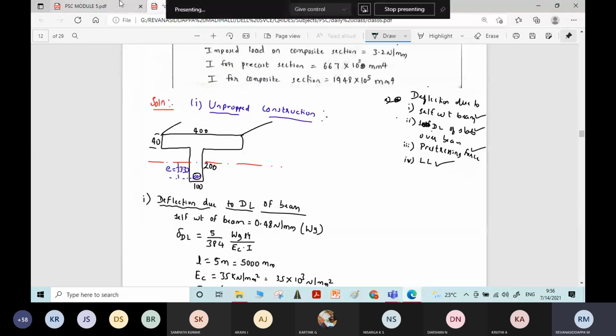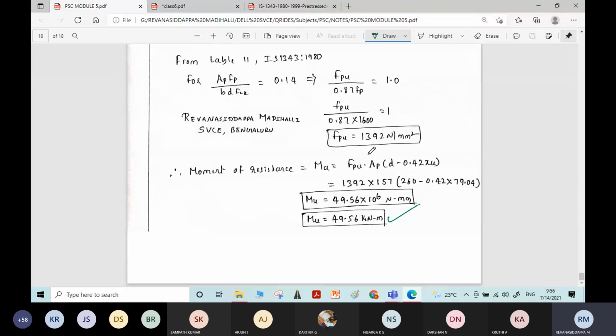Model 5 is also completed. If you don't have these notes, I will share the notes. All of you prepare well for your external examinations. Don't waste the time. I don't know how much you have prepared for your internals, but for external examinations, seriously sit, don't waste the time, and prepare for all the subjects.